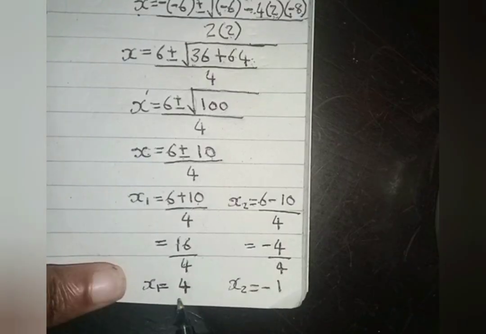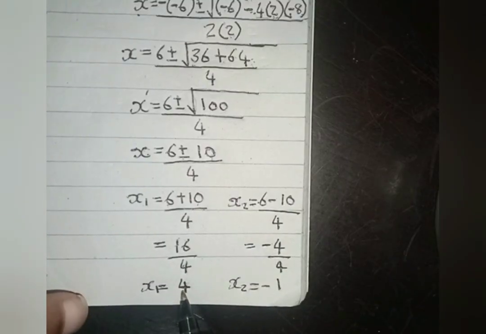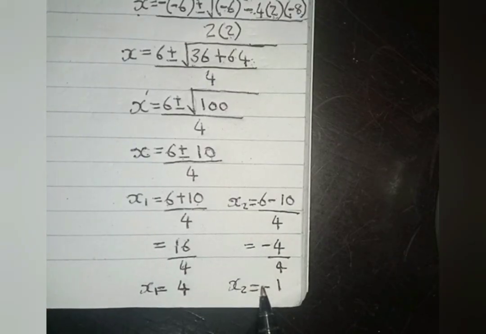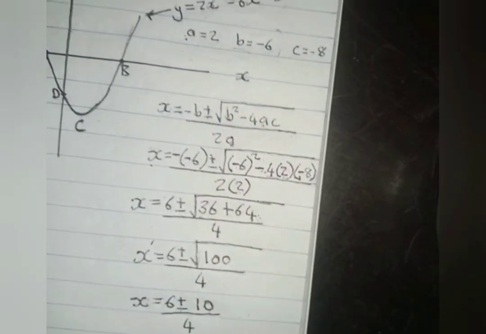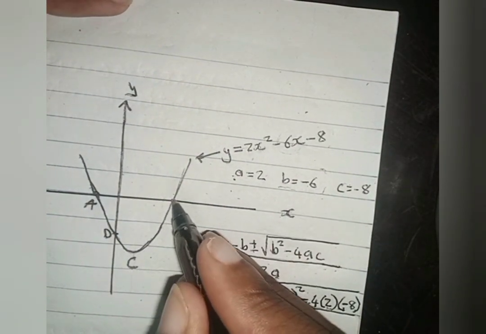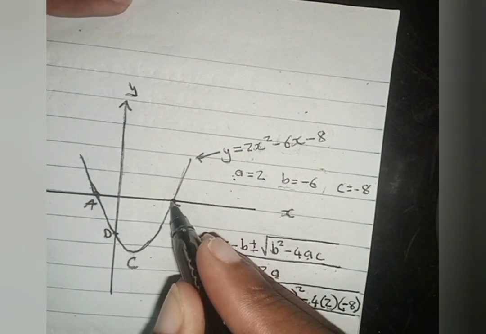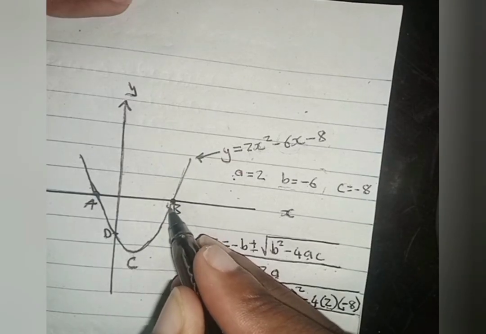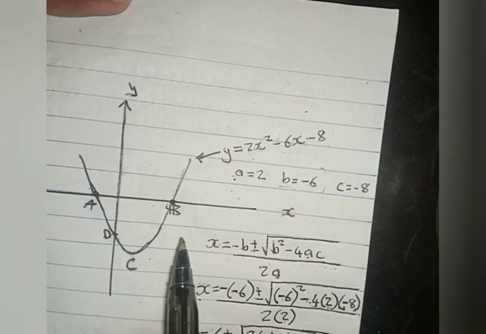So you can see here that one value is a positive value, then the other one is a negative value. So this positive value 4 on our curve, it's the value of x, it will be here. So this is the number which is supposed to be here. So we have 4 here. Then -1